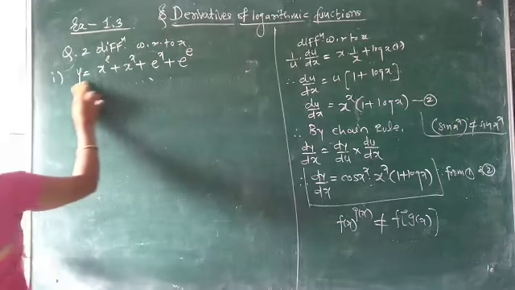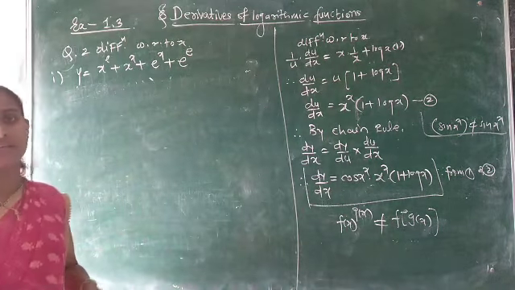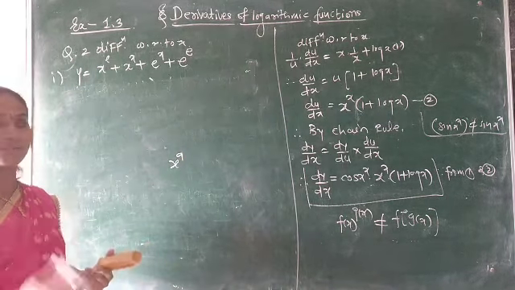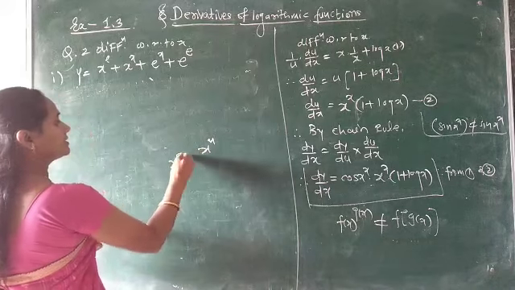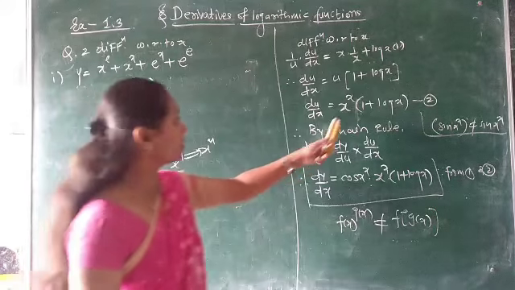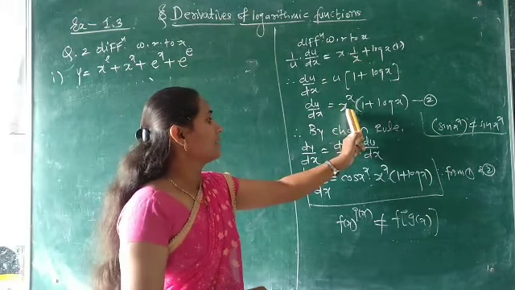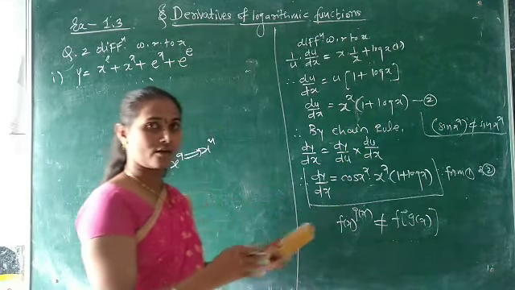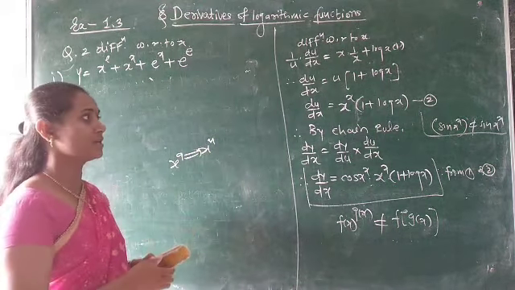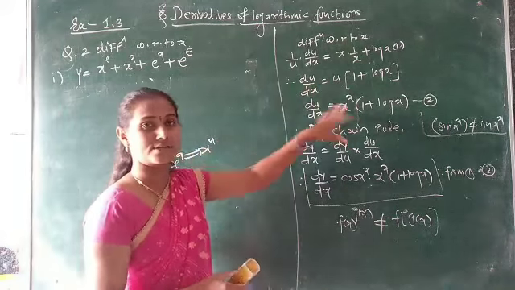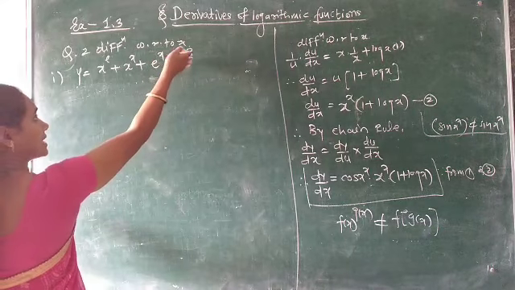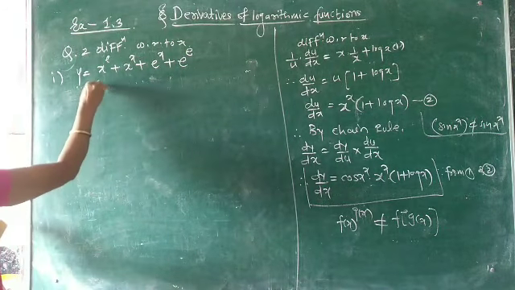Look here, the first function is x raised to e, which is in the form of x raised to a. We find the derivative of this type of function, a power function, x raised to n. This is of the same form. Now this is a function raised to a function. Here we find the derivative of this. The derivative of x raised to x is x raised to x into (1 plus log x). Here we use this directly, but if in an exam you are asked this type of question, then you have to solve the derivative of x raised to x. Here we find the derivative of e raised to x, and the derivative of e raised to e is a constant. So take differentiate